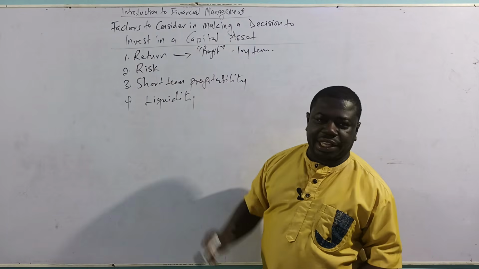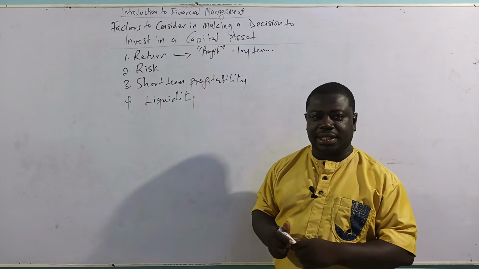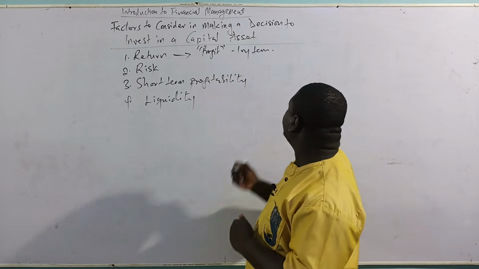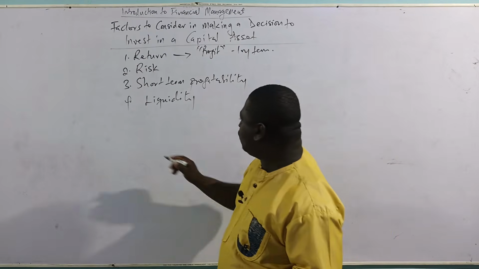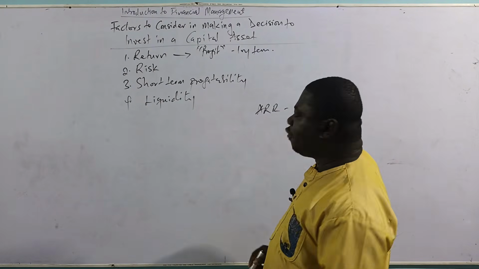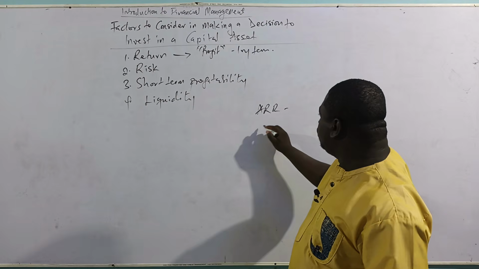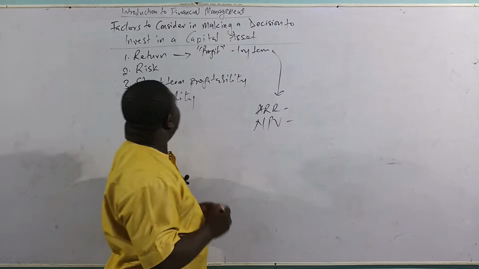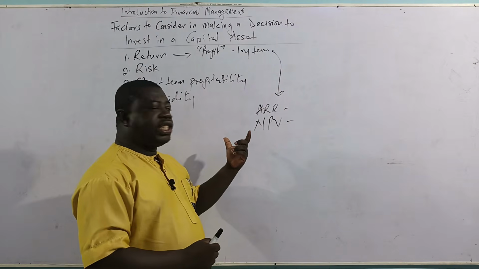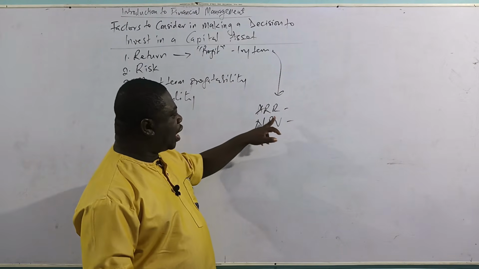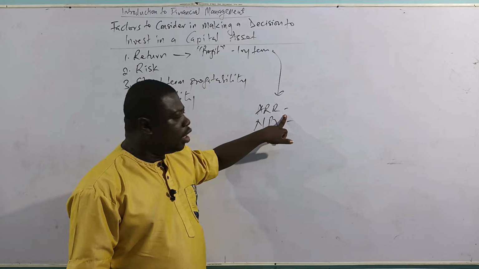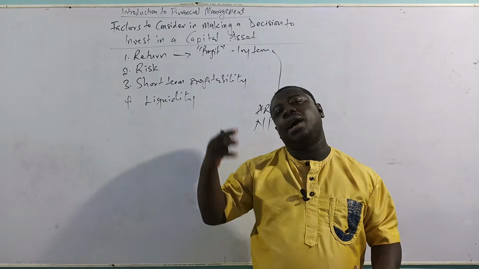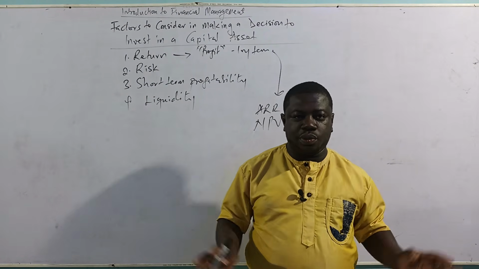Now, in measuring the return of investment in a capital asset, there are two ways that you can go about it. You can look at the normal accounting way of measuring profit. So you can look at the accounting rate of return from investing in a capital asset, or you can use the net present value method, NPV. So when we want to look at investment in a capital asset, there are two options to calculate the return. We can calculate the return as an accounting rate of return, or we can use the net present value, which means that the positive inflows are more than the negative outflows. So that is what we are trying to say.